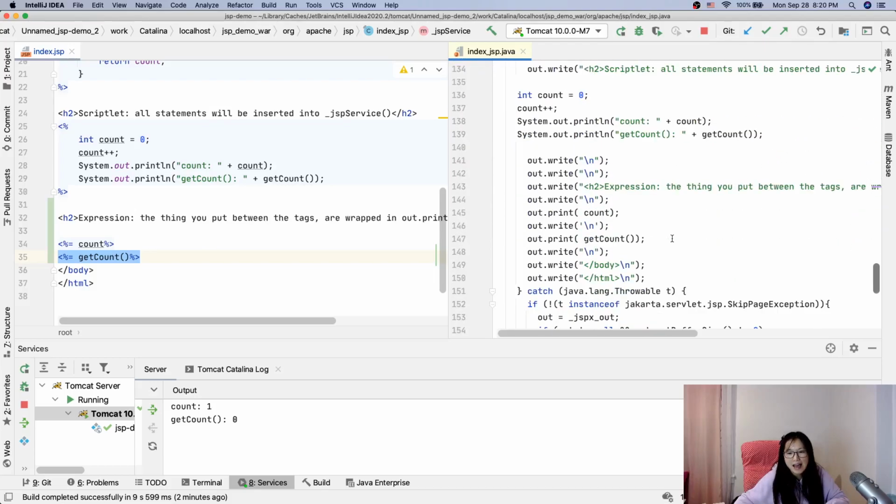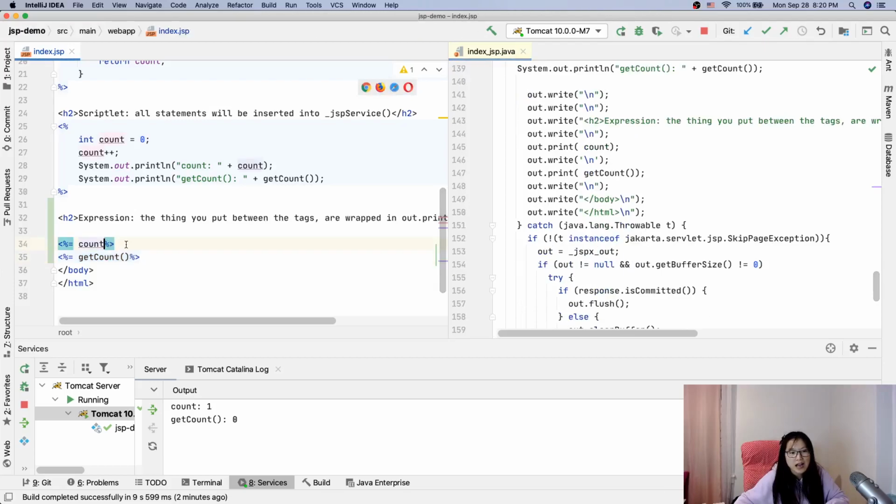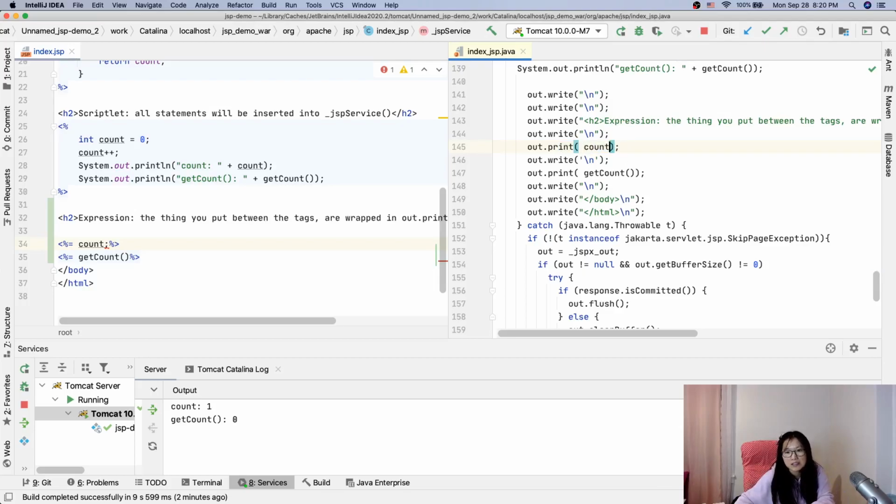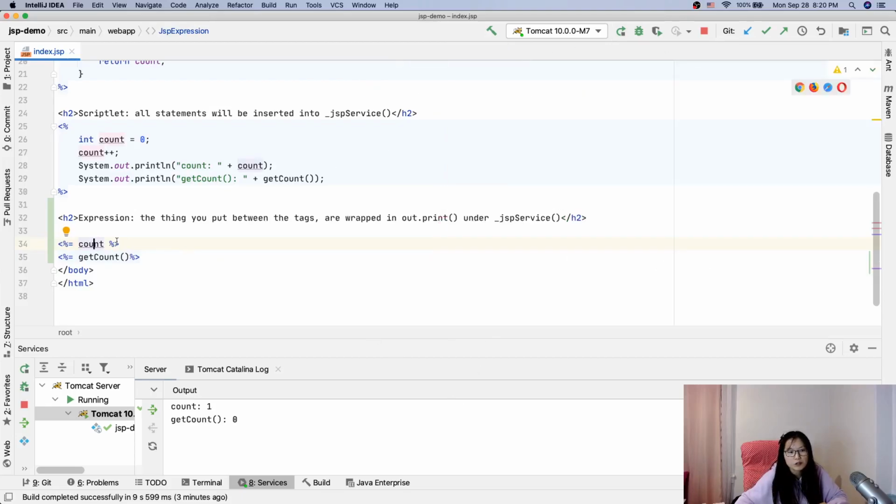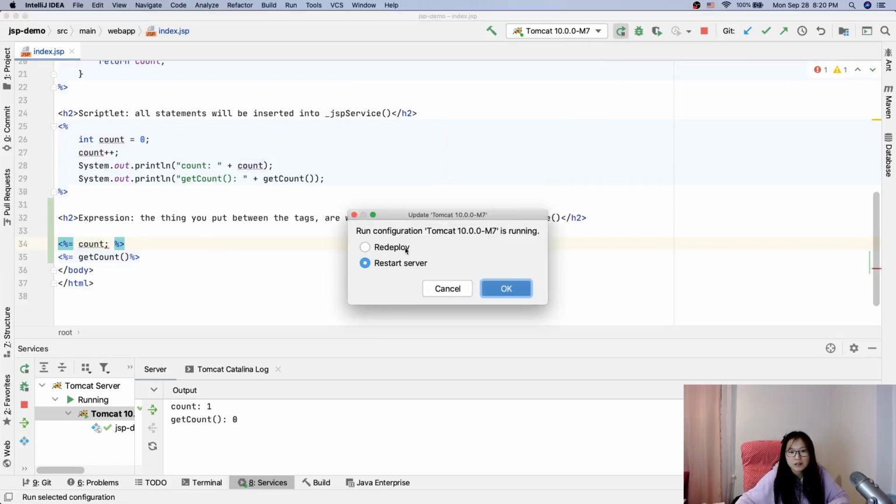And that's why when I add a semicolon here, it means when I call, it's going to become like this: out.print, and here there's a semicolon. Then you're going to have a compiler error, because that's not the correct syntax to make a method call in Java, right? So that's important, okay? Don't have a semicolon. Just give the variable or method call, no semicolon, okay? If you don't trust me, let me show you. If I have a semicolon when I deploy,